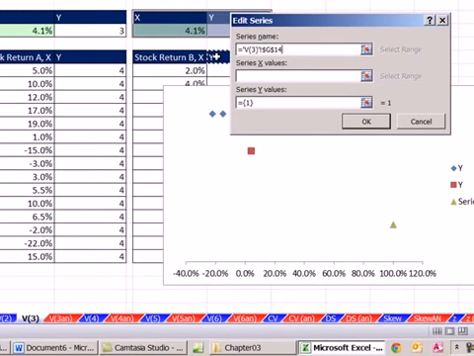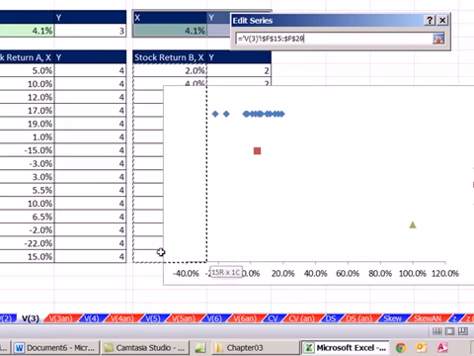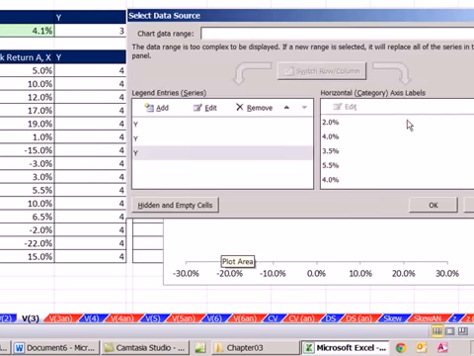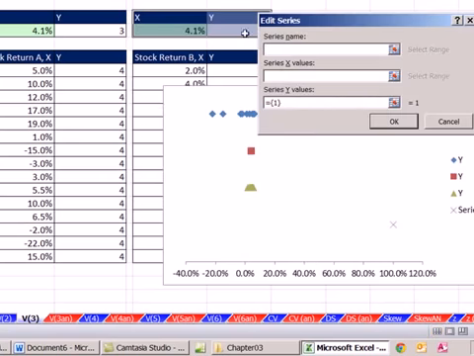Series name, I'm actually going to click right there. X values there. Y values, I'm going to highlight that and delete. Now, I can't quite get to it the way I could there, so I'm going to click there, and I'm going to use my keyboard shortcut, Control-Shift-Down arrow. That's a great trick to highlight data behind a chart. Click OK. And then finally, Add, Series Name,